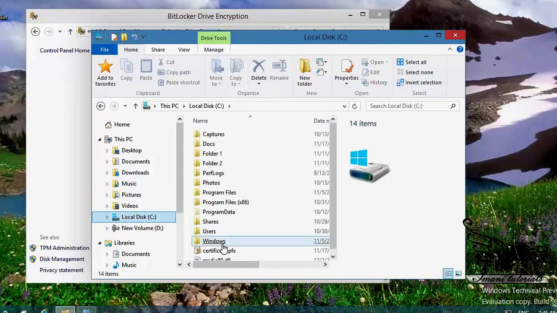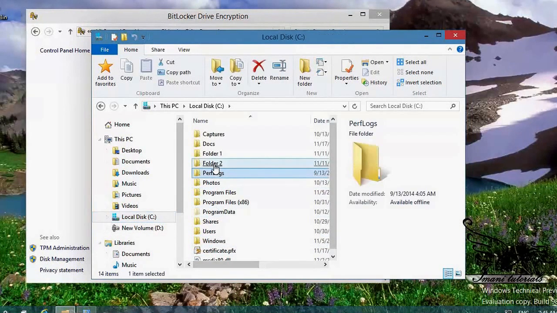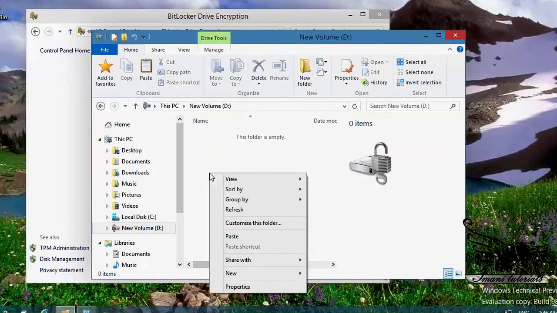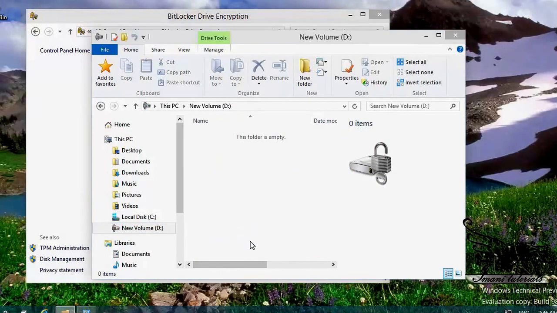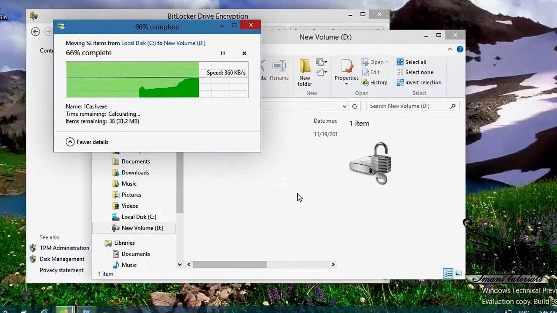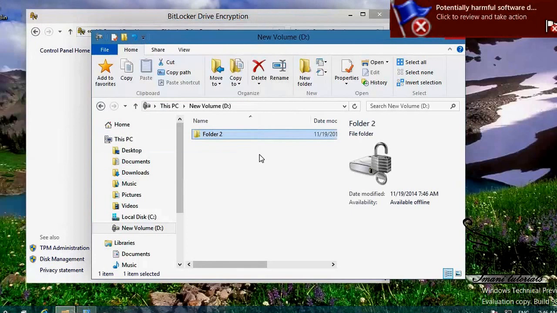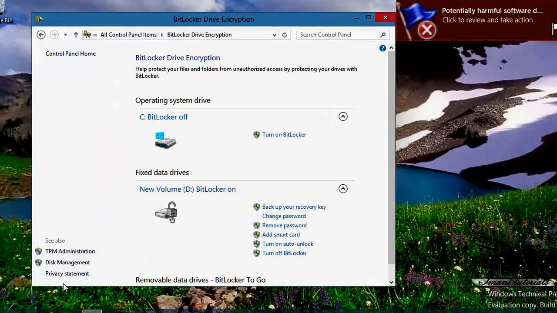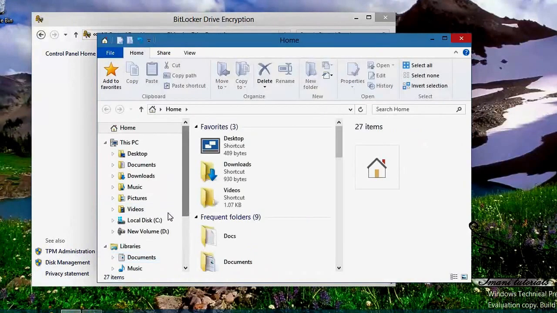Let me go to drive C, and I want to cut folder 2, move it to drive D. And when I am doing this, actually the content of this folder is going to be copied here. Actually it is going to be moved, and it is going to be encrypted. So let me close this, and I want to open the documents folder,